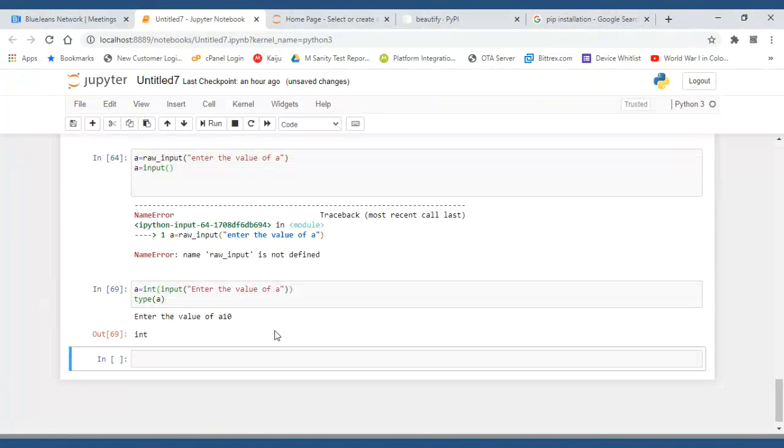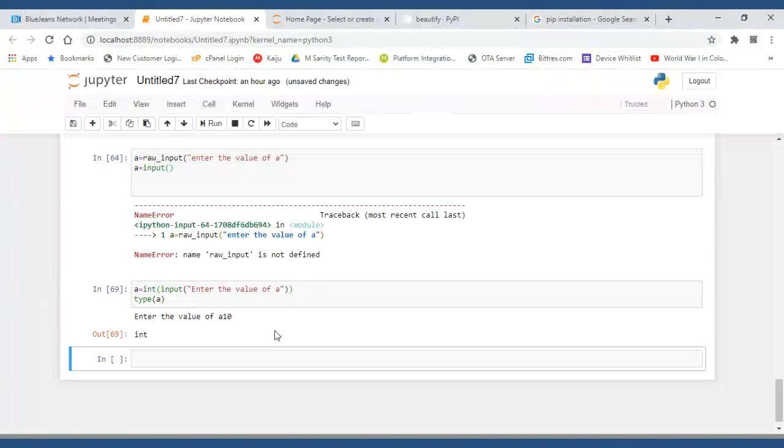Earlier in Python 2.x, for entering strings, whatever you give through raw_input gets converted into a string. But if I don't want that and want an input function where, based on the input I give, it automatically converts to its own data type, that is called the input function. Two input functions are there, raw_input and input. This is in 2.7.